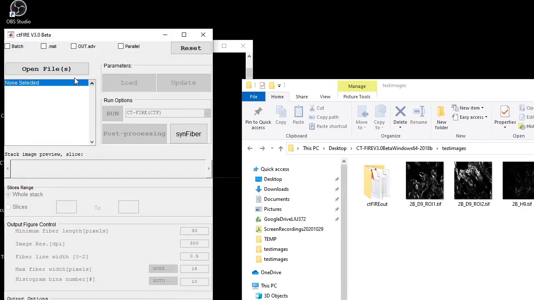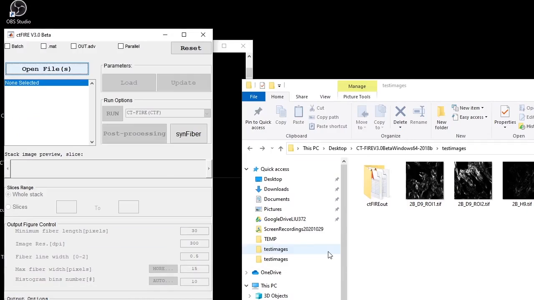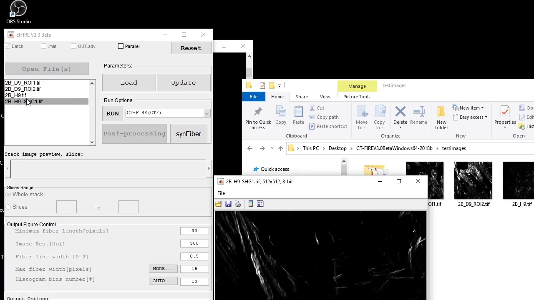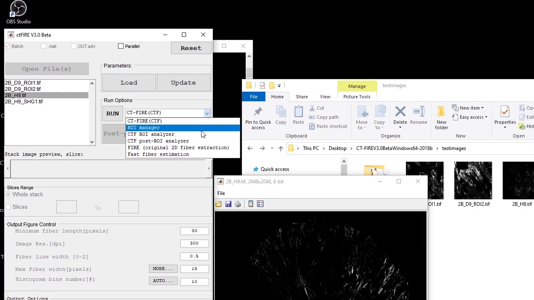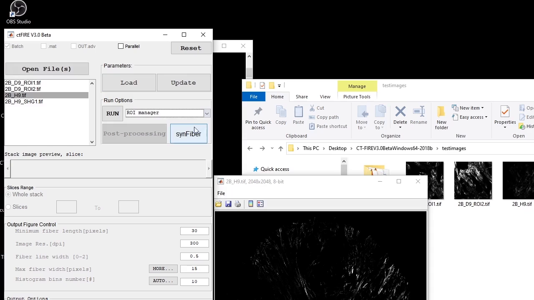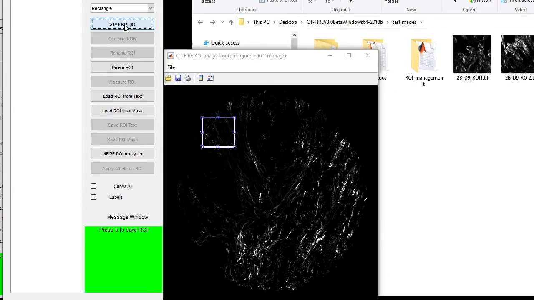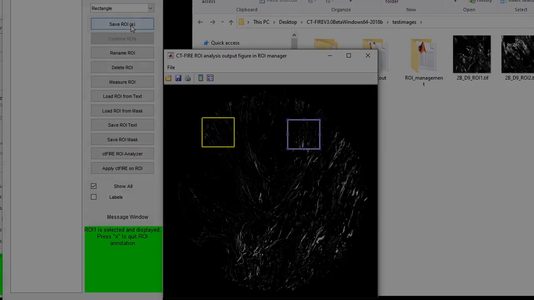To analyze a region of interest, click Open Files to load one or more images and select the image to be annotated. In the Run Options panel, select Region of Interest Manager in the drop-down menu and click Run to launch the Region of Interest Manager module. Next, click the Draw Region of Interest Menu D drop-down menu and draw the regions of interest. If full image CT Fire analysis has been conducted,